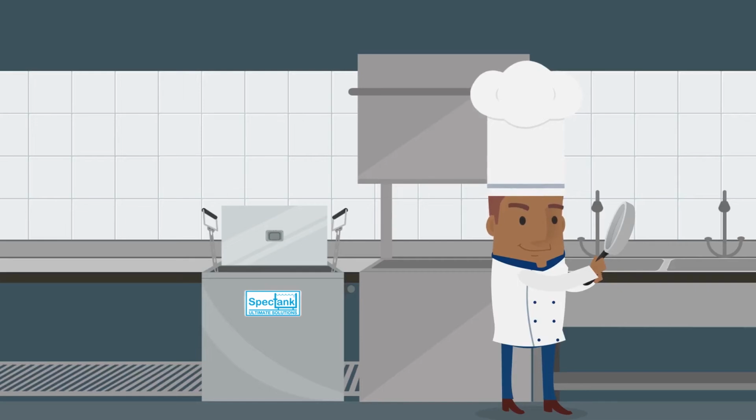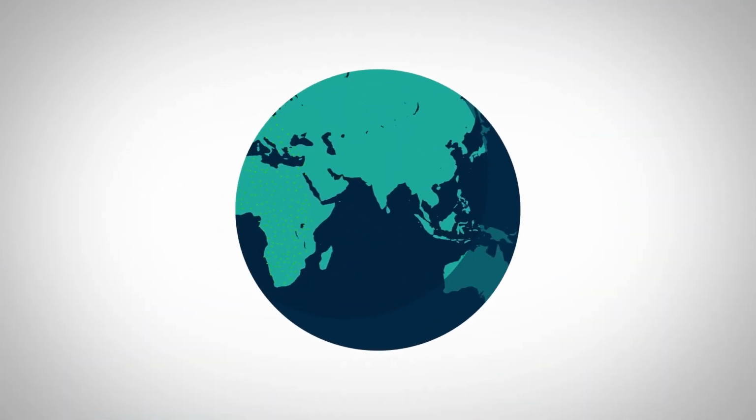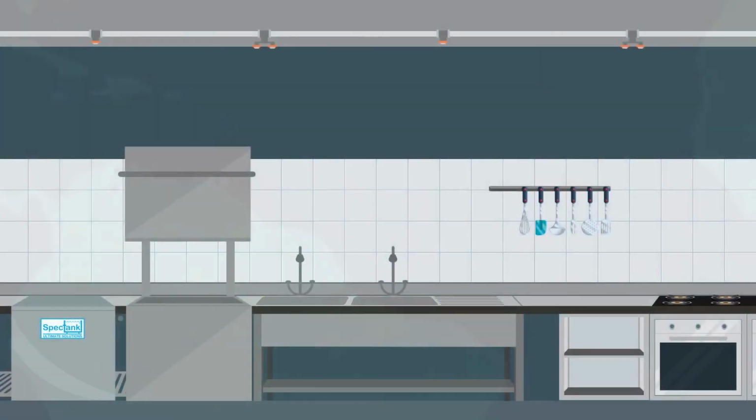Spectank cleans far better than manual scrubbing, keeps the gas holes in burners clear and requires much less effort. That's why Spectank is used in more than 30,000 kitchens around the world. Spectank. Cleaner kitchen, less time,